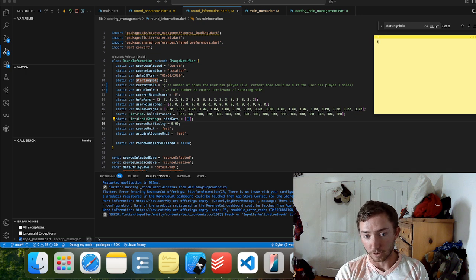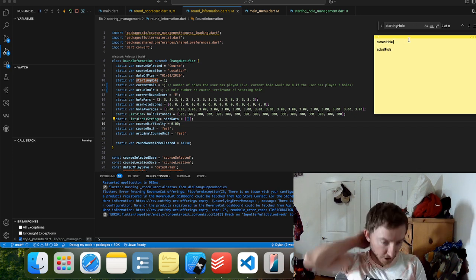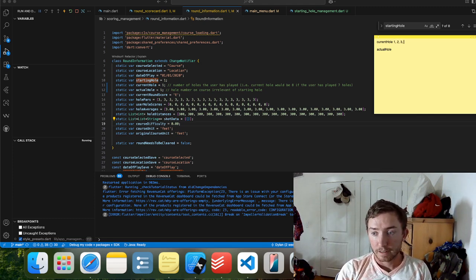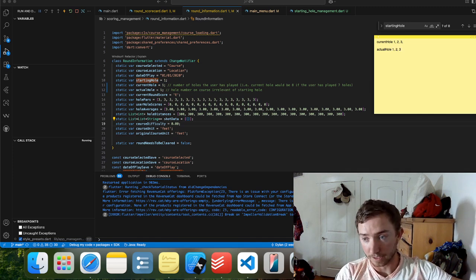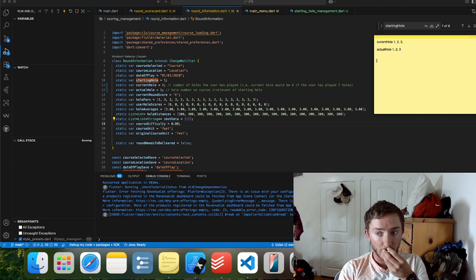So current hole value would just increase by 1 on every single hole. We've added actual hole value here. So if the user doesn't change their starting hole, meaning that they're still starting on hole 1, they're both still going to progress exactly like this. So actual hole is always going to have the same value as current hole. That's how it's going to work. If they change a starting hole,